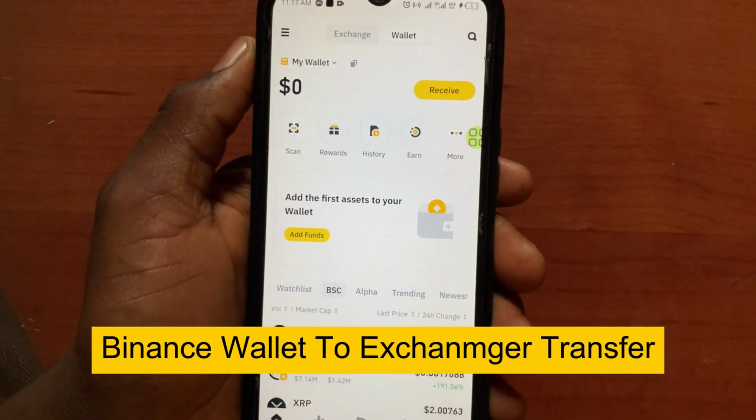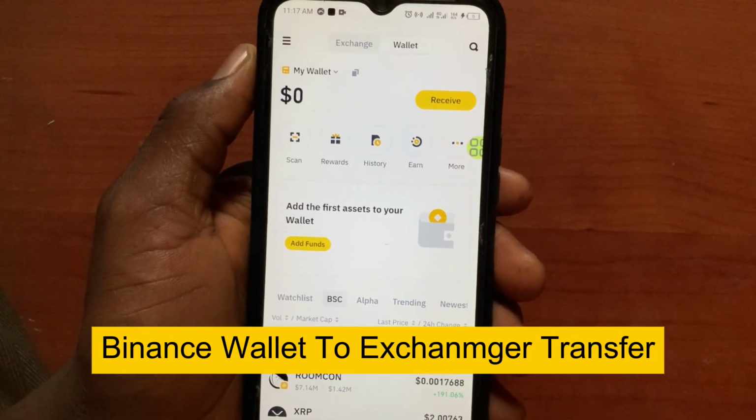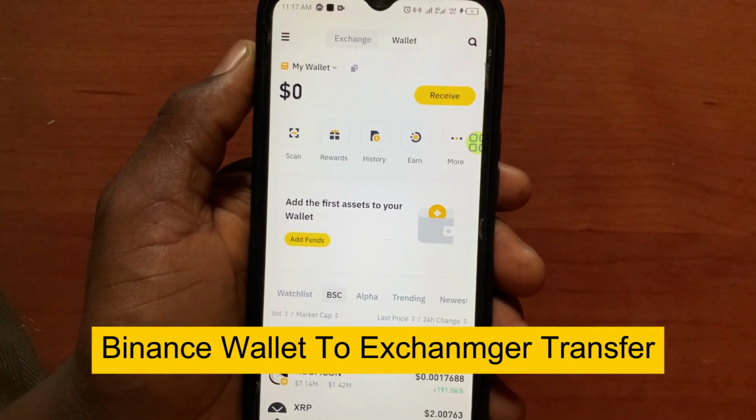Binance Wallet to Exchanger transfer. Hey guys, so in this video I'll show you step by step how to transfer from Binance Wallet to